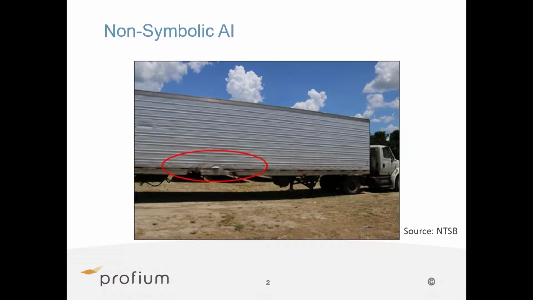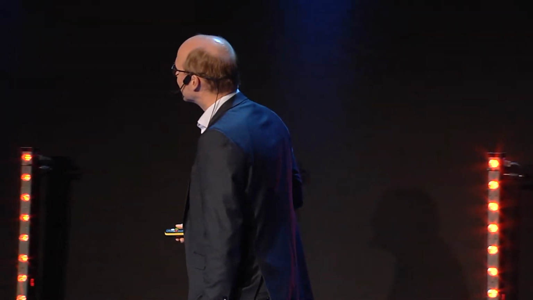So the slide is entitled Non-Symbolic AI, and indeed, this truck comes from a National Transportation Safety Board in the US of A, and it looks a lot like a truck, doesn't it? But I'm afraid Tesla as a car did not recognize it's a truck, but given the current speculation, I believe Tesla thought it is a bridge. So when the truck was turning left, the Tesla didn't quite apply the brakes, but actually went full speed towards